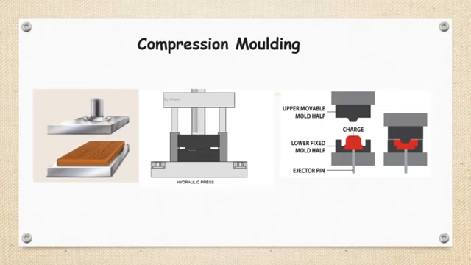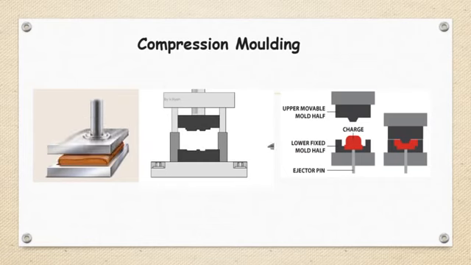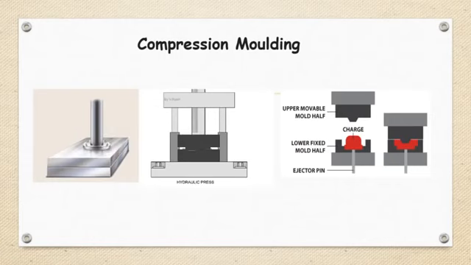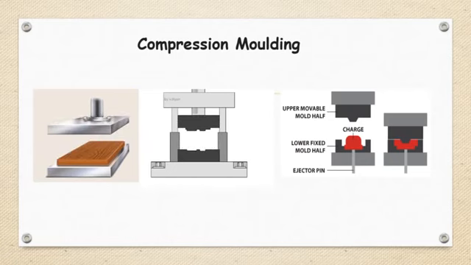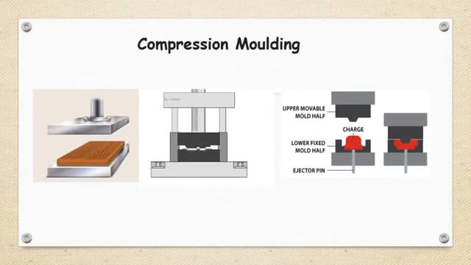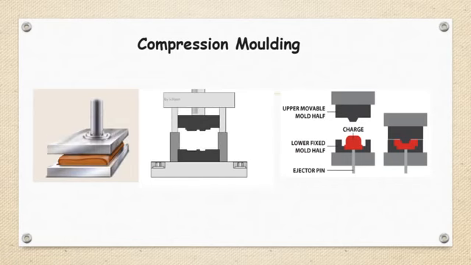You can observe in this animation as well, some amount of pressure is applied on the raw plastic material as well as these mold cavities are heated. The plastic molding powder and other material are added to mix in order to create special qualities or strengthen the final product. You can add additives as well in this process. When the mold is closed and heated, the material goes through chemical changes that cause it to harden into